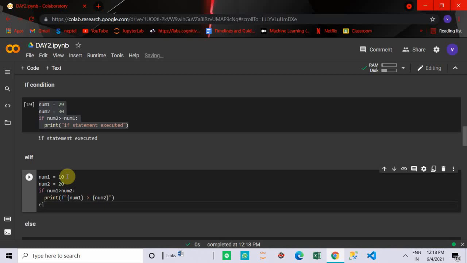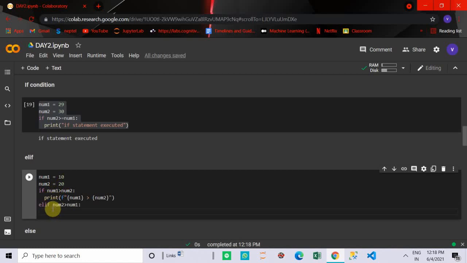Elif num2 greater than num1. Elif is basically the condition after the if condition. Suppose the if condition is executed and returns false, then we will check the elif condition, that is num2